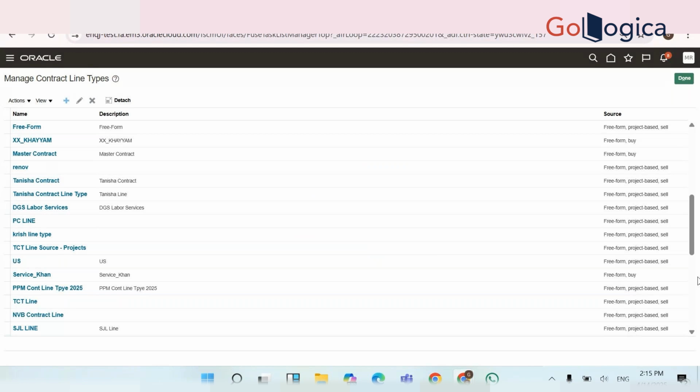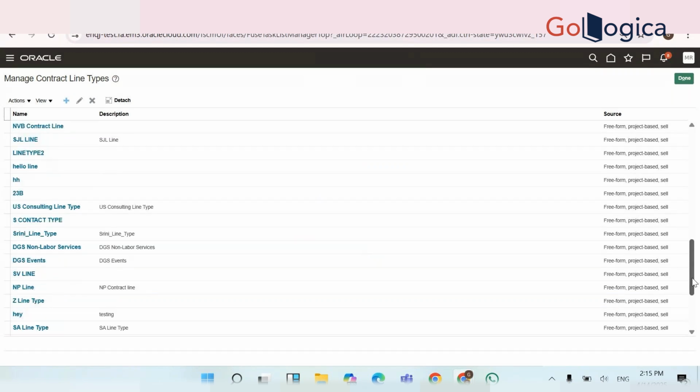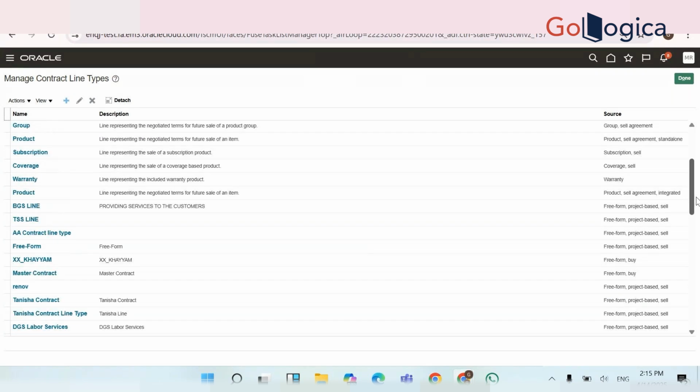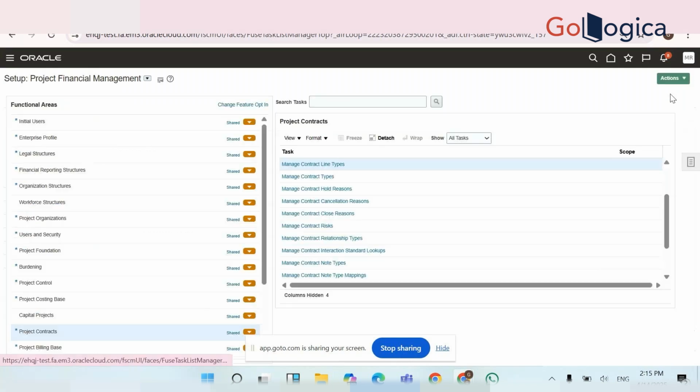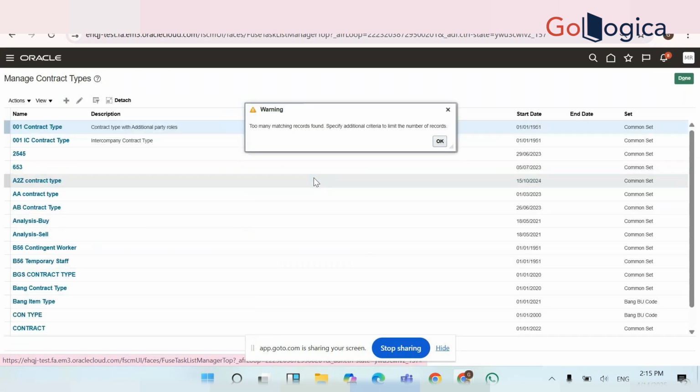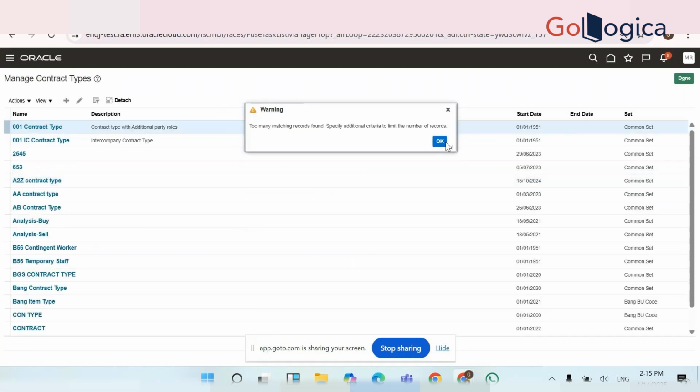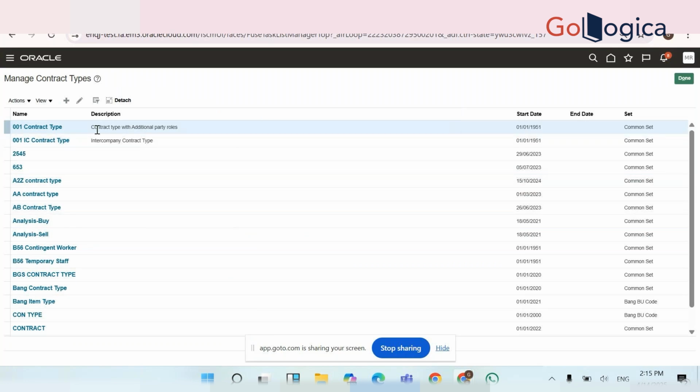Like this you can create as many line types as we need based on the services we have, and at least one line type should be there. If we have more line types, more services which we are going to do, then we need to create as many as required. Once we create a line type, we also go with the creation of the contract type, because when you are creating a contract, line type is mandatory. Then here we can go to the contract type setups